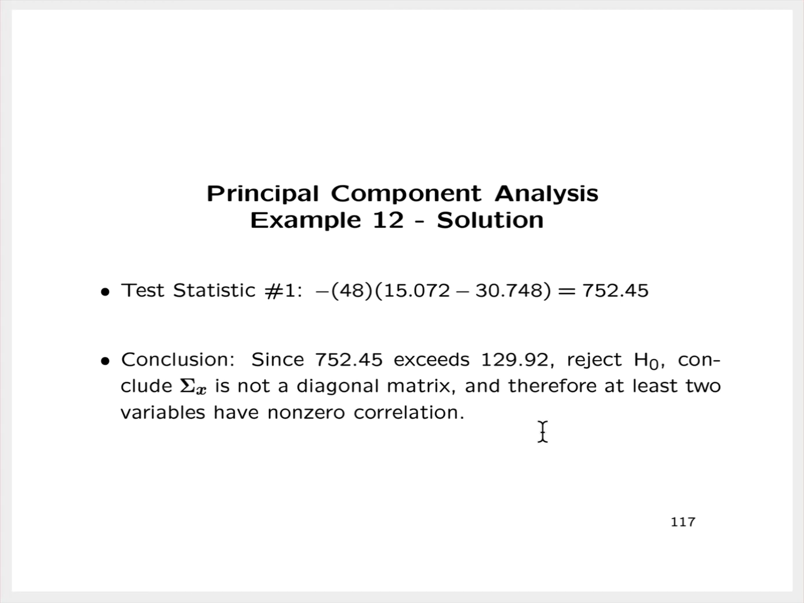And so our conclusion could be stated in a more complete way: there is sufficient evidence at the 0.05 level of significance to conclude that the covariance matrix is not a diagonal matrix, and therefore that at least two of the underlying variables have a non-zero covariance and therefore a non-zero correlation. Now we could also use test statistic 2,